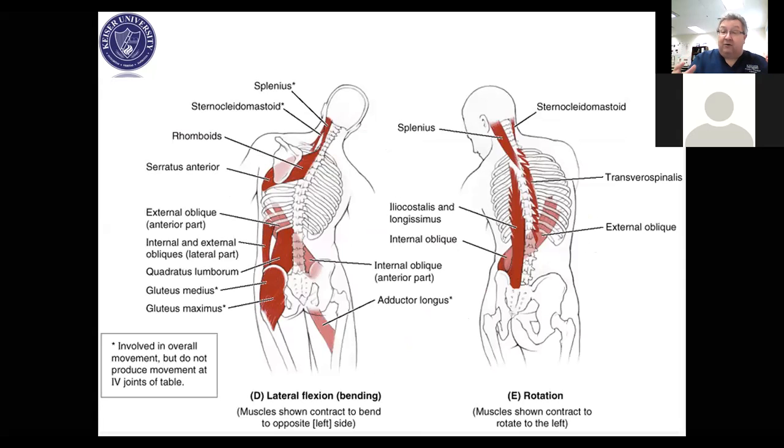When we laterally flex, that's letter D here. Here we're laterally flexing to the right. You could see these two parts are coming together and these two parts are coming further apart. So here is lateral flexion to the right. As you can see,